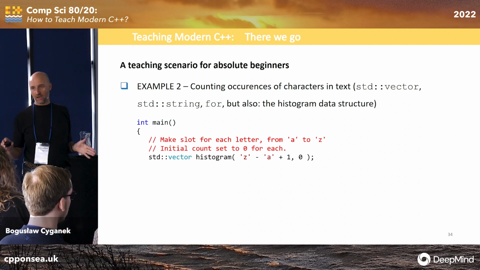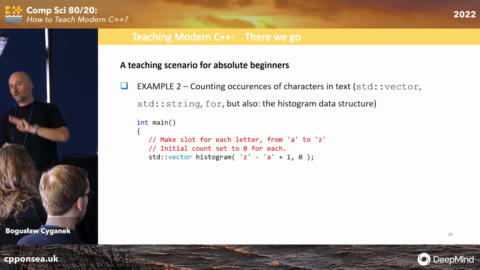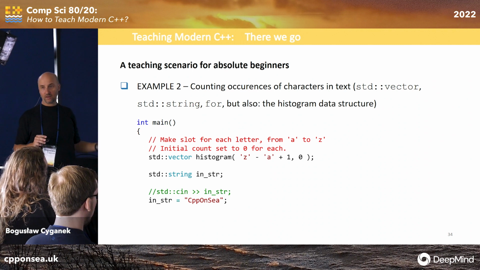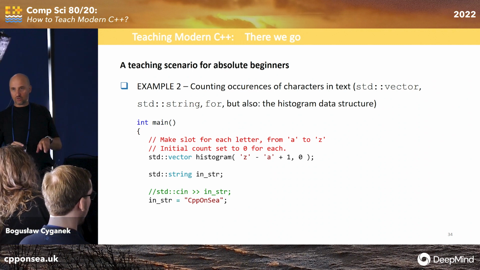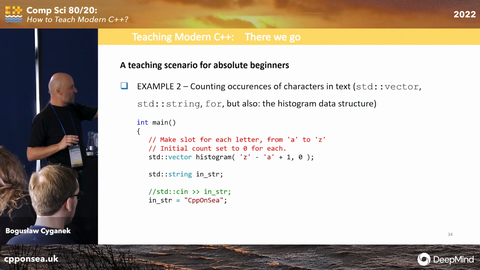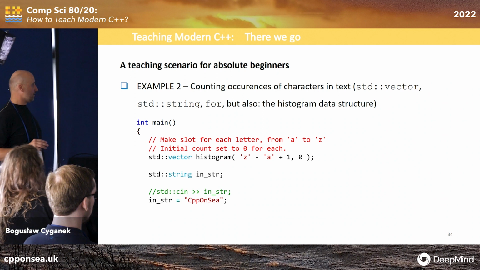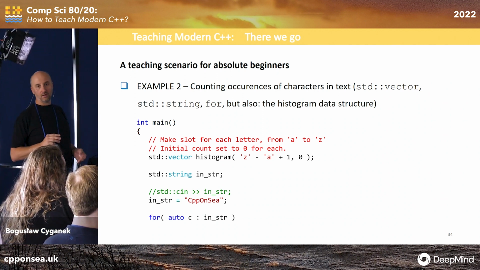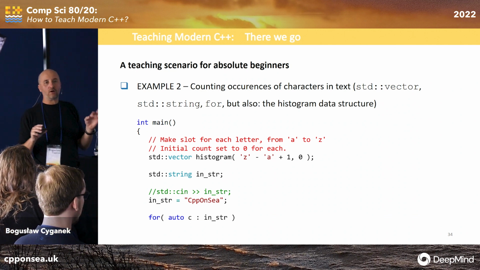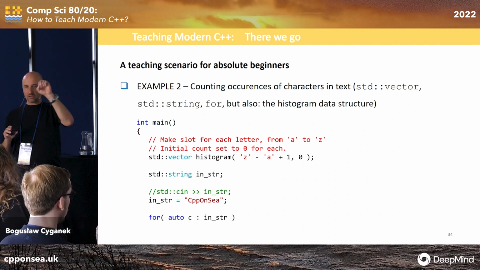Okay, I create a vector, and it will be empty. If I want something to be inside, I need to put two values: how many, and what value to start from. The string can be empty at the beginning. We can enter the string, but sometimes on web pages it is not easy to enter something, so we can also initialize it with some text. So we can explain that the string contains the text, but I can write the text immediately in the code. And we have the first for loop. We say, okay, auto means the compiler will find out the accurate type for c, and c will come through each letter in this input string.